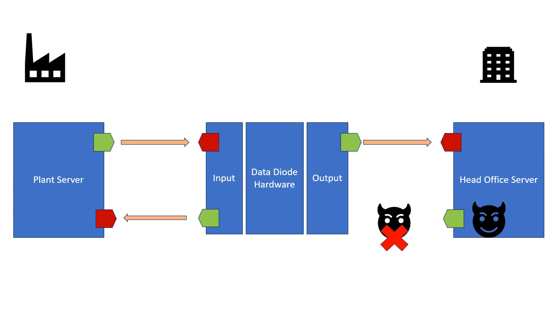Data diode prevents the communication from going from the head office server to the plant server. And this is particularly necessary in today's environment where there is so much cyber risk everywhere. It is very essential to protect the critical data of a particular organization wherever it might sit, and this data diode can help in that respect